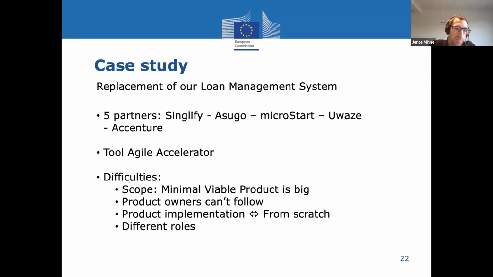And so, for example, in this project, we do it through sprints, but actually we cannot put it in production yet, and we cannot have these profits from it yet. So that makes it challenging for this project. We still decided to keep on working with sprints for our internal learning curve and for better controlling of the project. But we don't have this advantage that you normally would have if you would be able to put it in production. One of the other things that we see is a bit linked to what we've said before, but